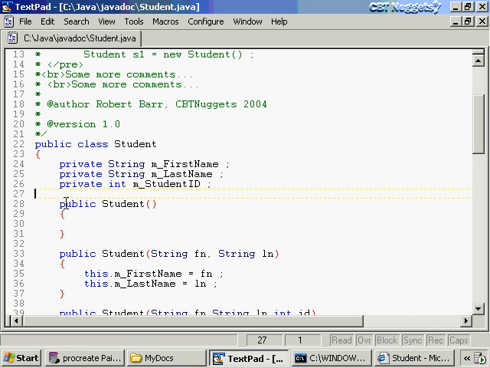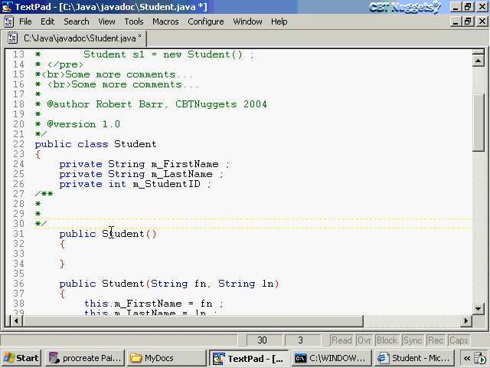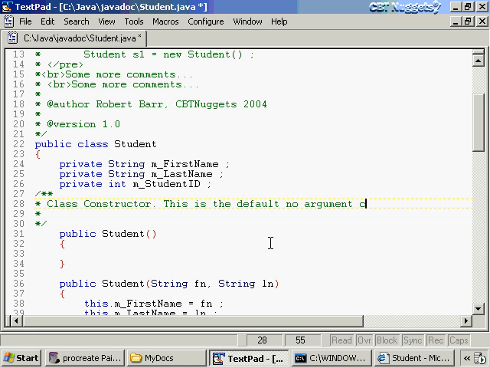All right, so we documented the class. Let's come down here and document our constructor. So we'll go ahead and start with our documentation and give us some room to work with here. And we'll go over here and say class constructor. This is the default no argument constructor. We could come in here and also do some pretty neat things like,